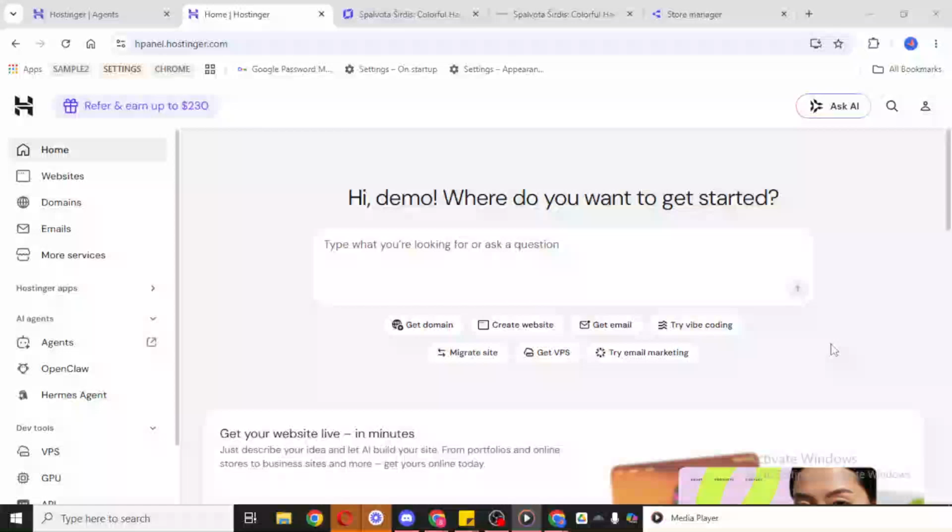In today's video, I'm going to teach you how to add a login page in Hostinger Website Builder. If you want to restrict access to a specific page on your website, Hostinger makes this pretty simple by letting you protect that page with a password. This is useful if you're creating members-only content, private client information, internal team pages, or any section that shouldn't be visible to everyone visiting your site.